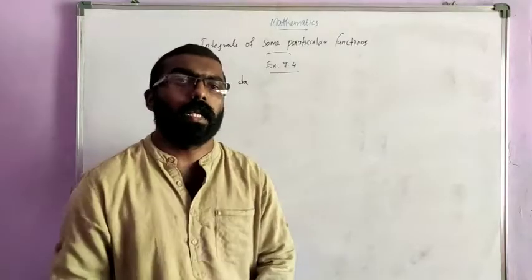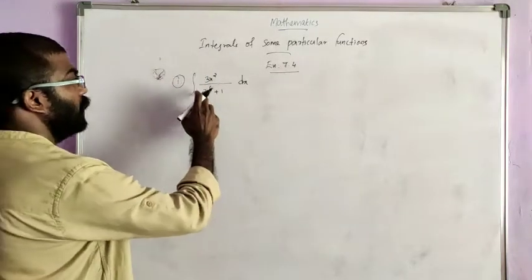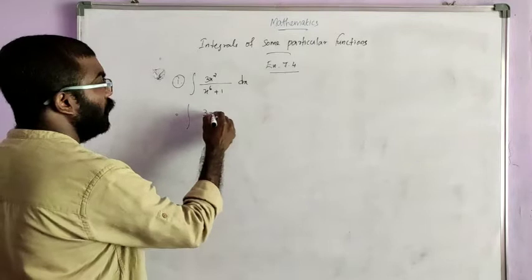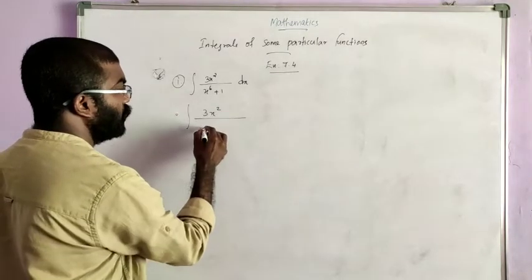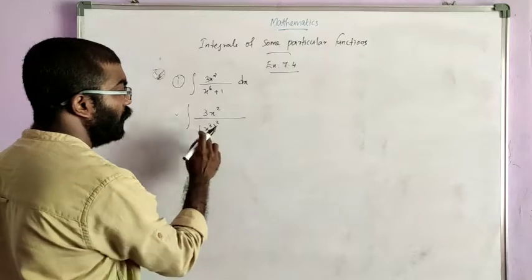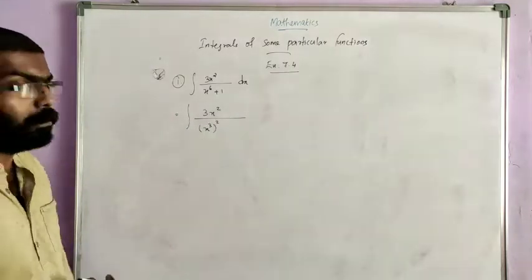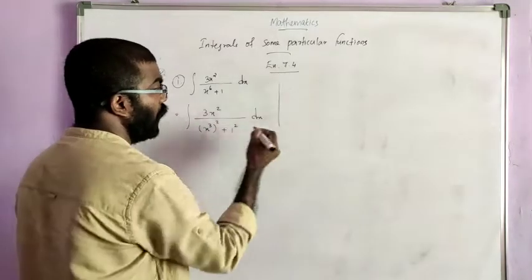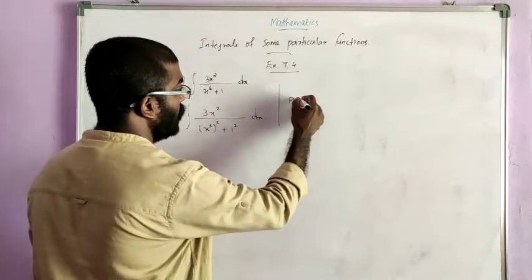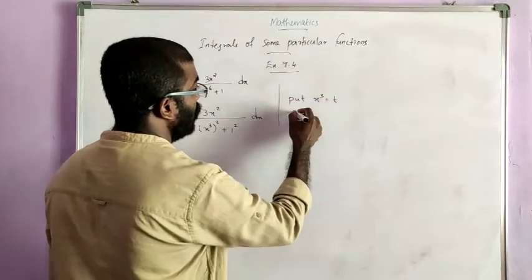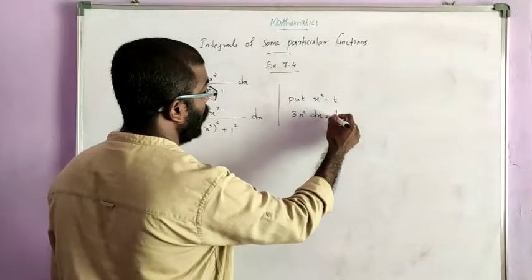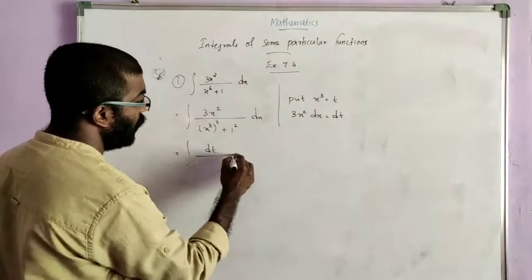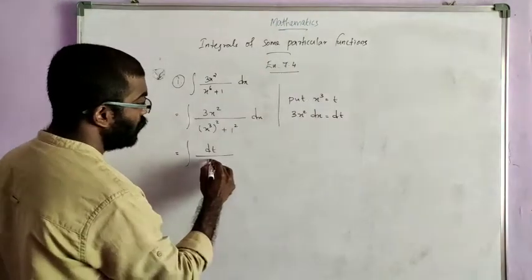Let me start. Here the first question is integral 3x square divided by x raised to 6 plus 1 dx. So this can be rewritten as integral 3x square by x raised to 6, that is x cube the whole square, since a raised to m the whole raised to n is a raised to mn. And 1 can be written as 1 square, dx. Now we can make the substitution. We can put x cube as t, that is 3x square dx is equal to dt. So instead of 3x square dx, we can write dt divided by x cube is t, so t square plus